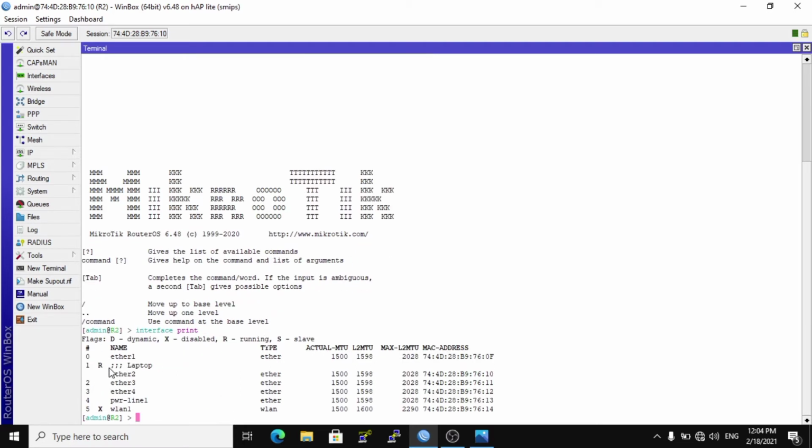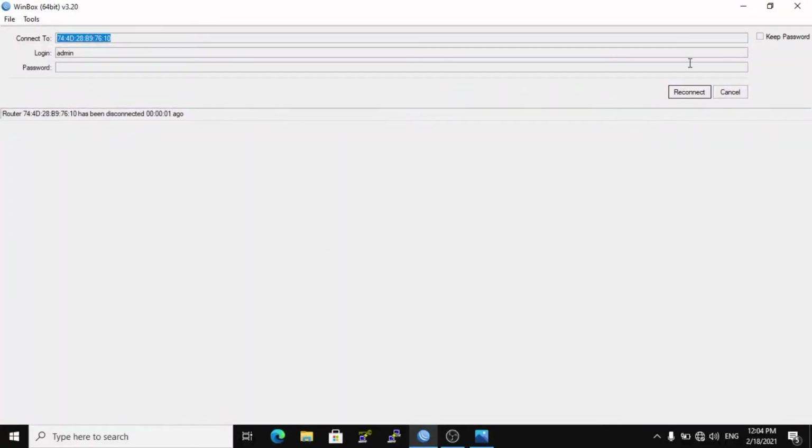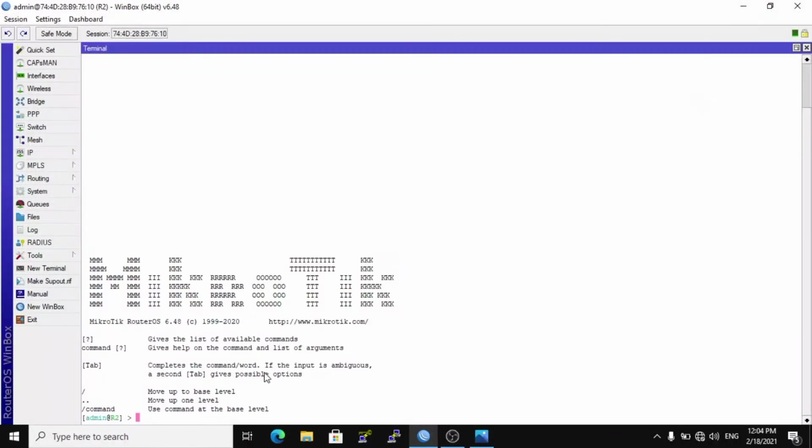This is I am using the interface of router 2 to the laptop and interface VLAN 1, and create an interface bridge. Click connect, check interface print.